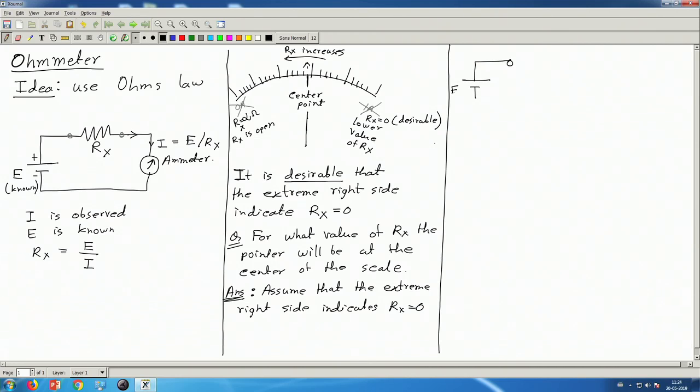So, this is the EMF E. This battery can have some internal resistance, maybe RI. We are putting more details in this diagram now. Then here I have the meter, and say the internal resistance of this meter. So, this is an ammeter, and the meter resistance